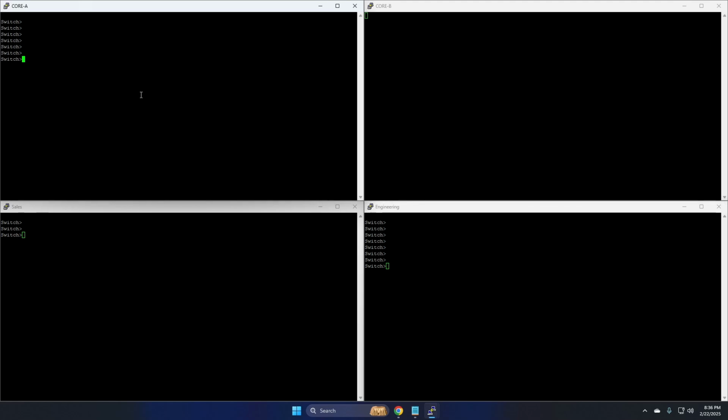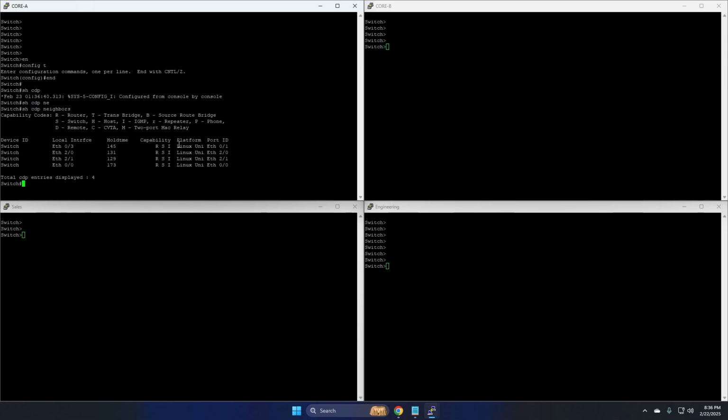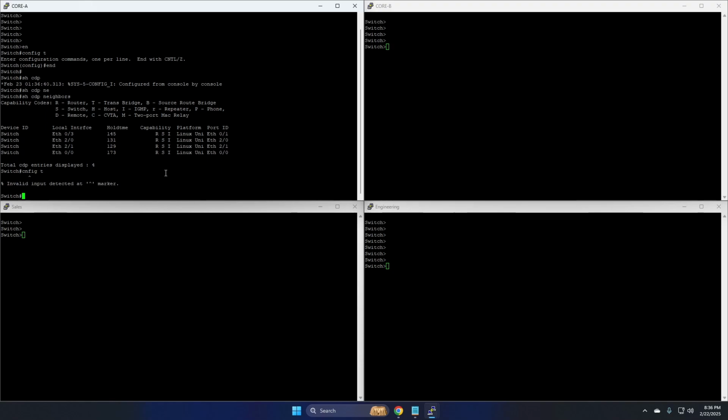Awesome. So first things first, we're going to set up the host name on the switches. As you can see, they have generic host names. Of course, you want to set up specific host names for each switch, so that way you know what switch you're in, and also it helps with CDP, finding neighbors in CDP. Like for example, if I do show CDP neighbors, you'll see that the devices all have the same host name. It's really difficult to tell what switch is which, right? So config T